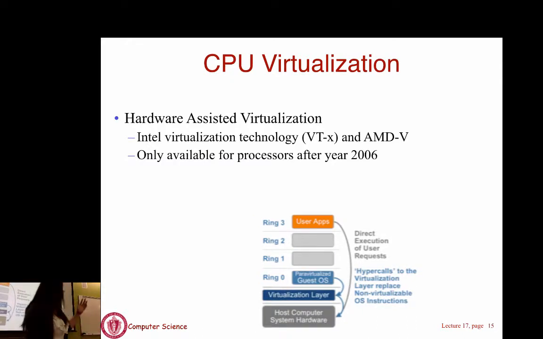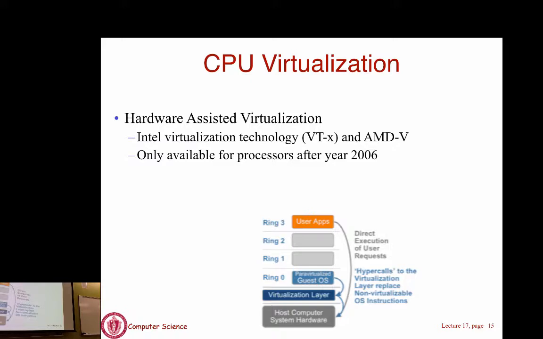So the last one is the recent one, called hardware assisted virtualization. If you think about it, you can change the operating system, the kernel inside a particular OS, to make this work. Why can't you just change the hardware? Why didn't it come out first? To start, hardware assisted virtualization came out the latest. There are reasons for it, because it's not easy to just design the instructions on the chips. And industry players like Intel and AMD